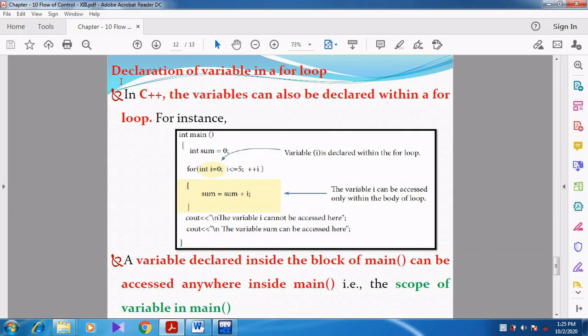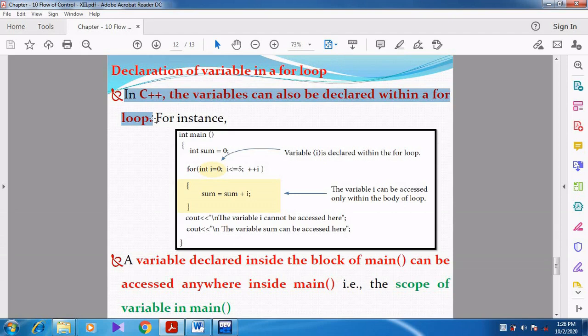Now the next variation is declaring a variable in the for loop. The syntax of the for loop is initialization, condition and then updation, which we discussed in the previous videos. Here they are saying that C++ variables can also be declared within a for loop.